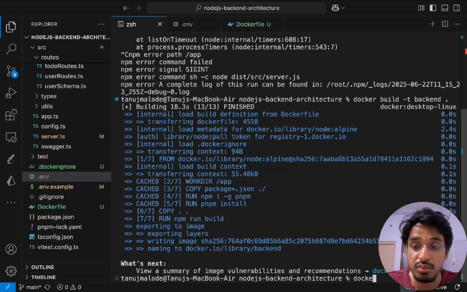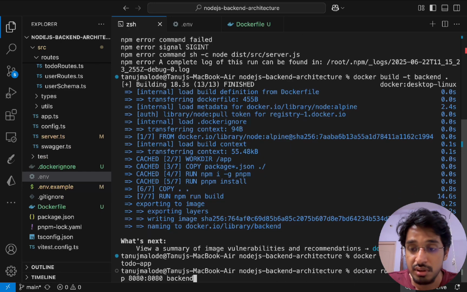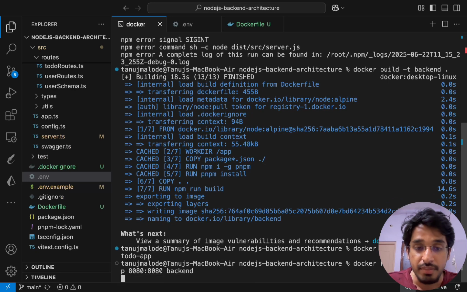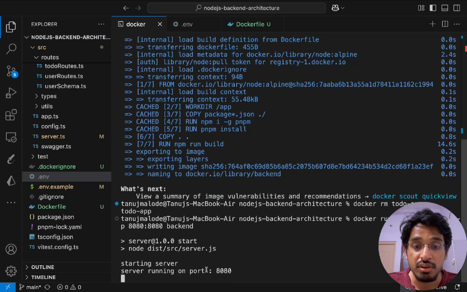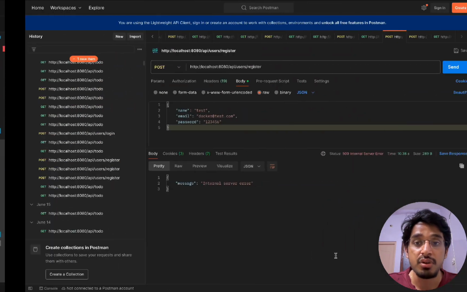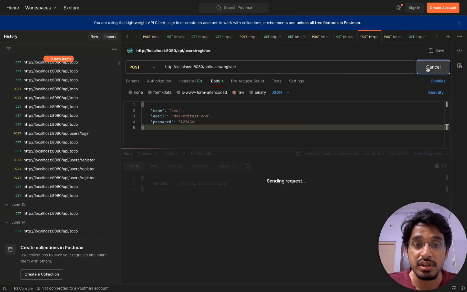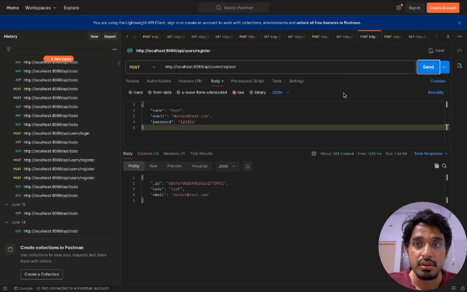So first of all, let us remove the old containers by doing docker rm to do app. Okay, and now let's run our new container, and let's wait for it. So now our server is running on port 8080. Okay, so now if we go back to Postman and try to register a user,